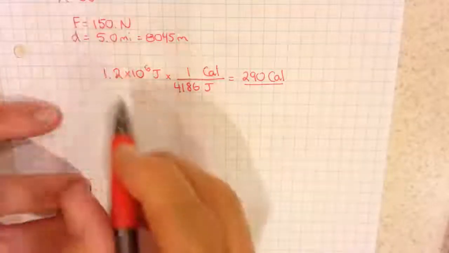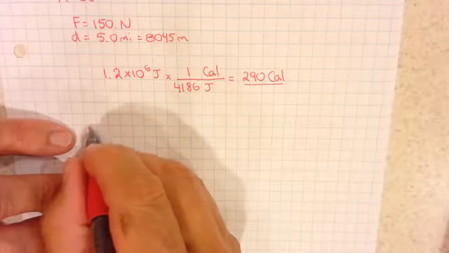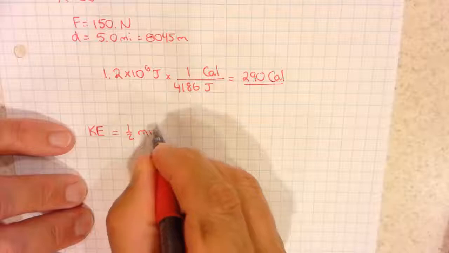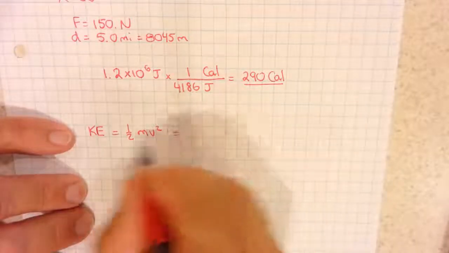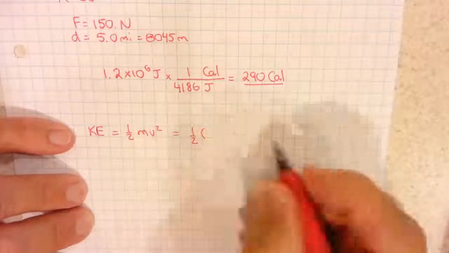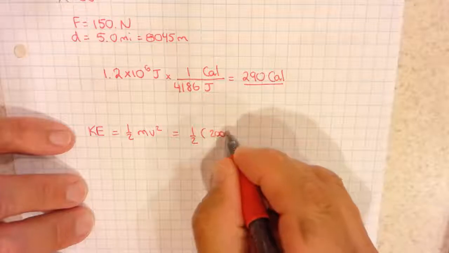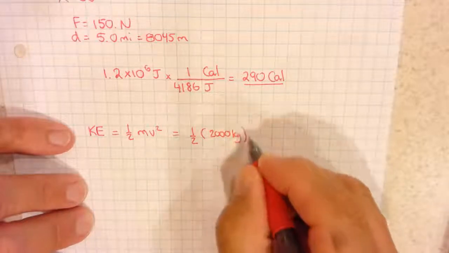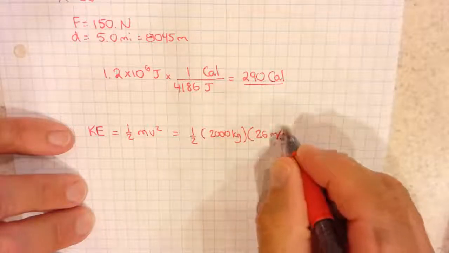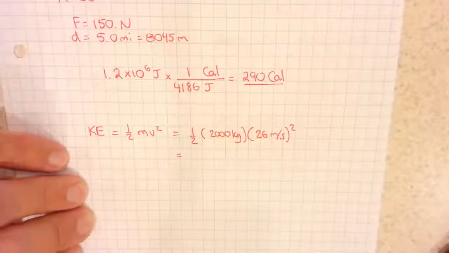Another example, if we want to find the kinetic energy of something, we take 1/2 the mass times the velocity squared. So for a typical car, for example, that's going to be 1/2 the mass of the car. Let's go with about 2,000 kilograms. That's a typical mass for a car. And 60 miles an hour is about 26 meters per second, and that will be squared. So just to give you an idea of how the numbers work out,